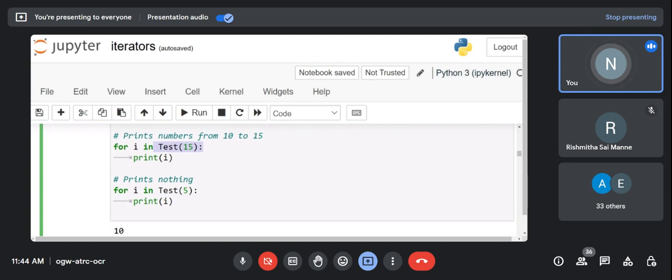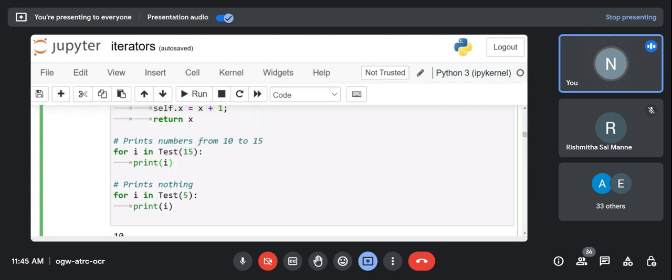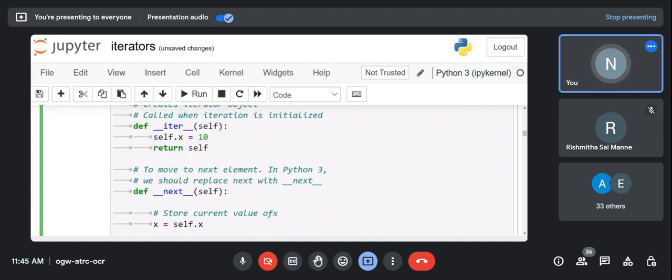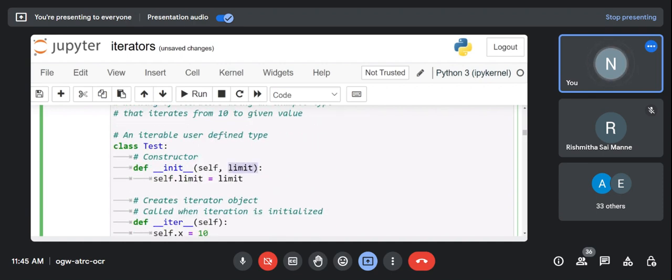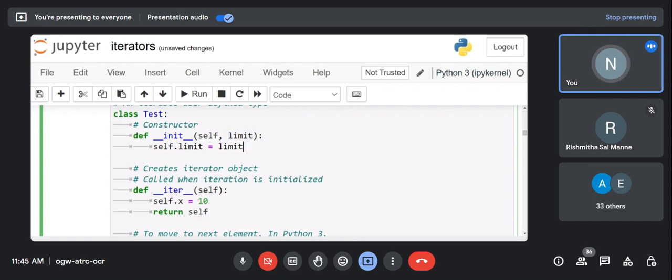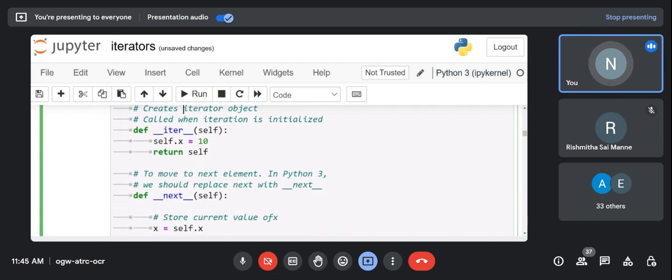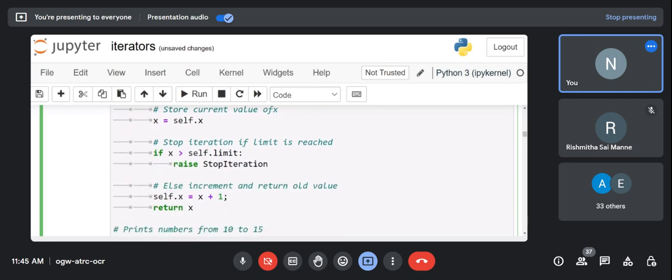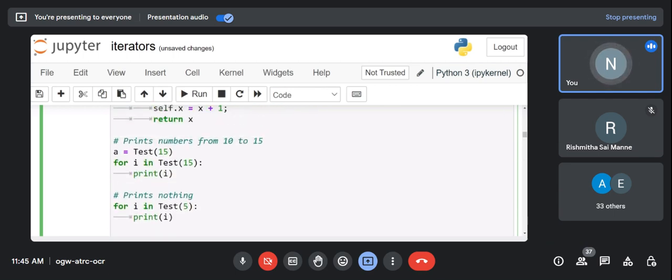So instead of using object, I just created a shortcut. For example, you can do it like this also: a equal to test 15. That means you are giving 15 to limit here. So limit will be 15, and I am performing iteration, iter and next. So I'm saying a for a, okay, a equal to test 15, and then you can